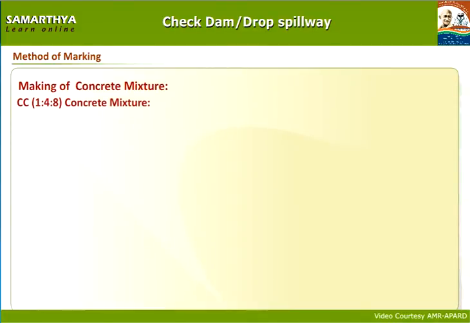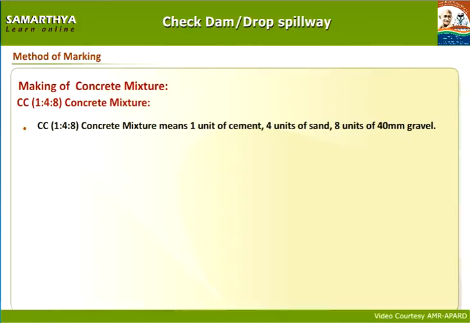CC: 1:4:8 concrete mixture. Meaning of CC 1:4:8 concrete mixture: 1 unit of cement, 4 units of sand, 8 units of 40 mm gravel,